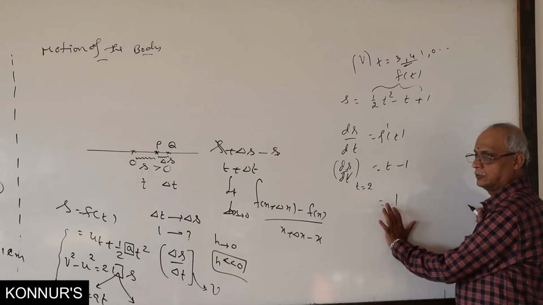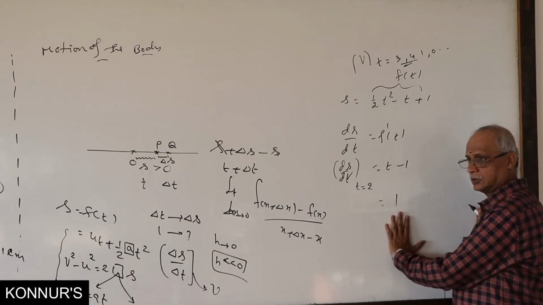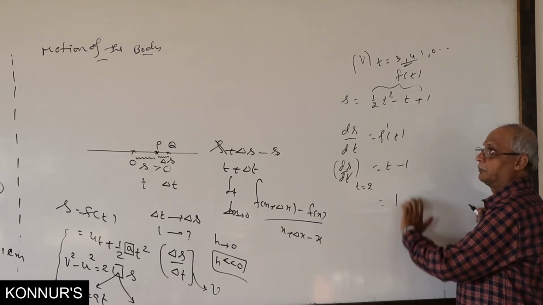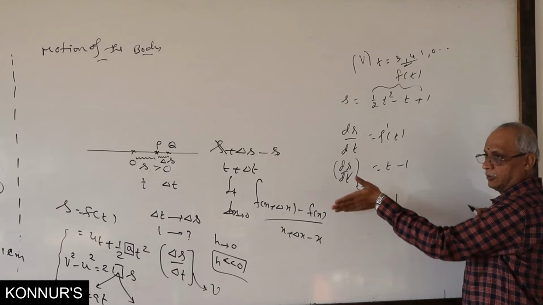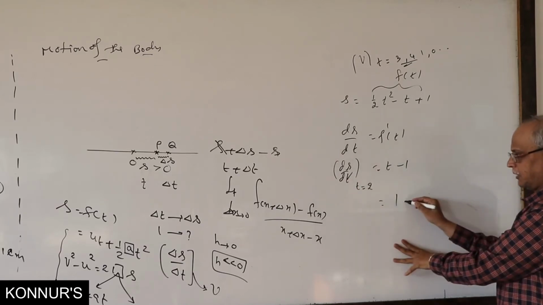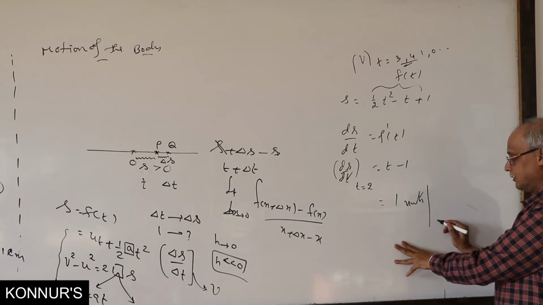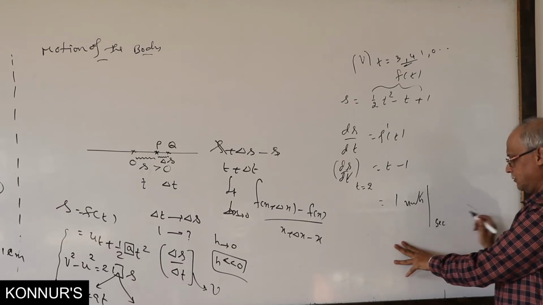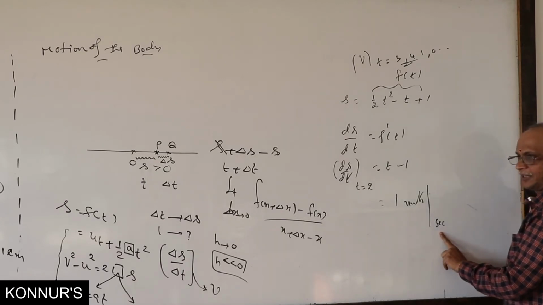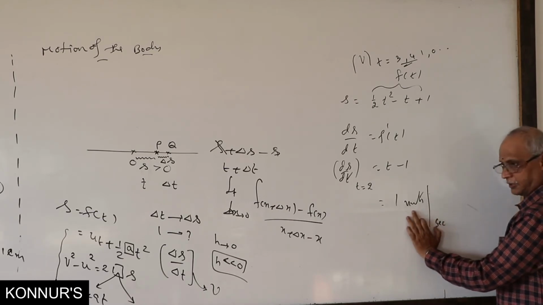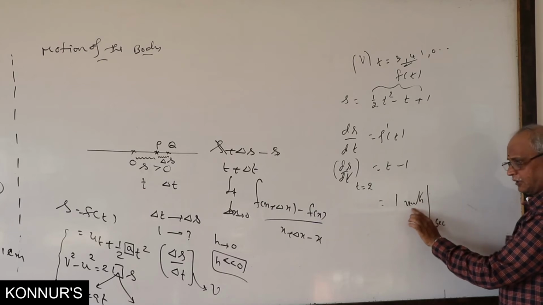Then units, understood. I am not strict about units, as you know well how you write units in physics. It depends on whether it is centimeters or meters or kilometers, therefore I write in general units per second, minutes, hours, like that it will come. Centimeter per second, meter per second, like that you write.